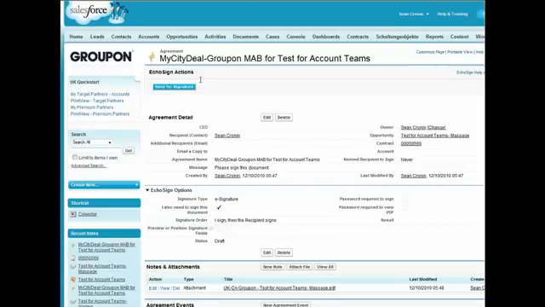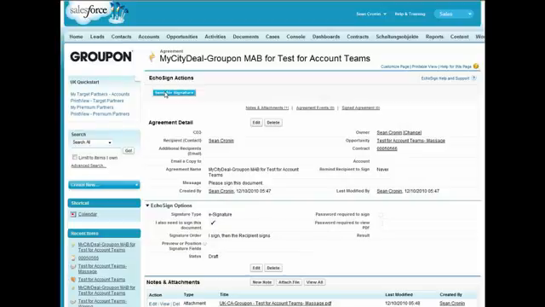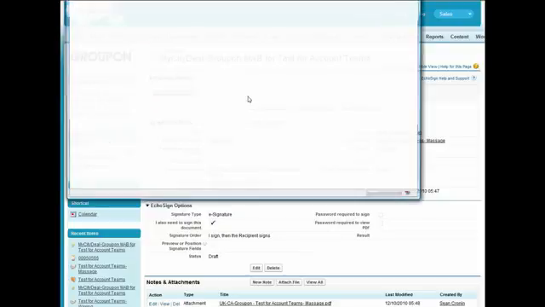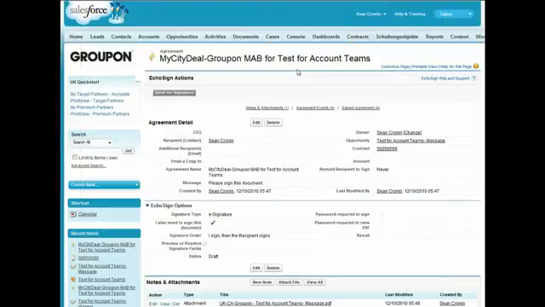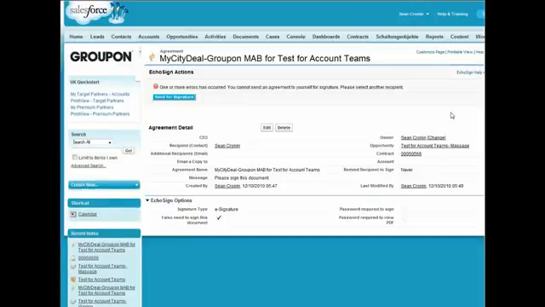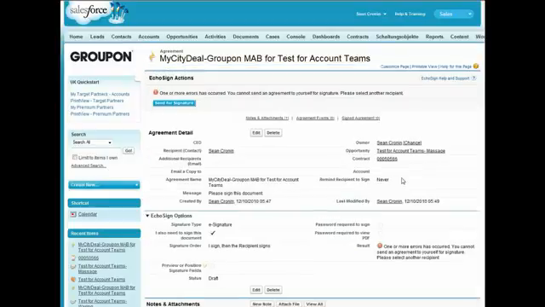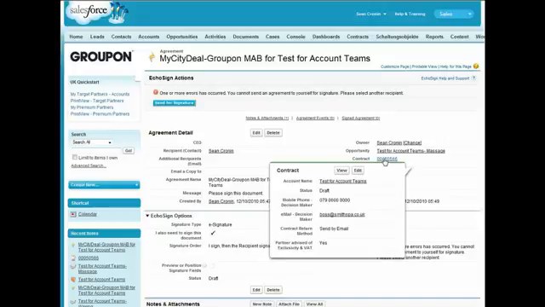you'll see up the top here we've got a send for signature button. If you click on that, you'll see that the contract is now being sent out. Alright, so if we go back out and have a look at the contract,